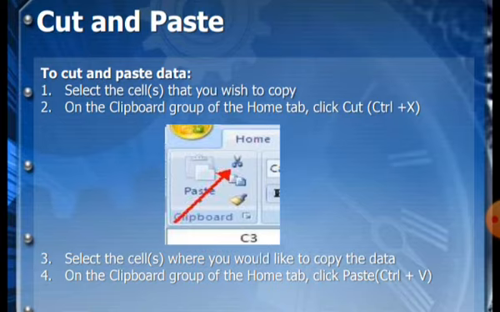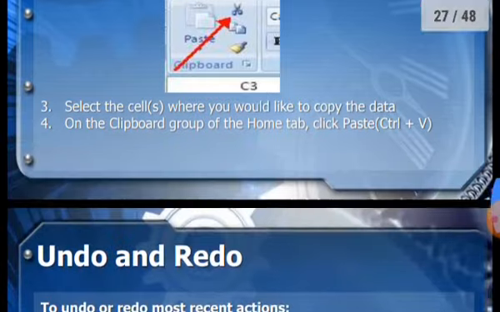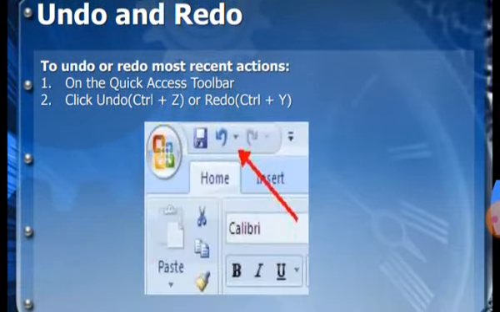Now here, undo and redo. To undo or redo the most recent actions you have to follow some steps.